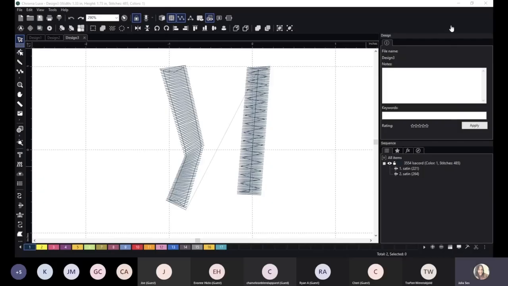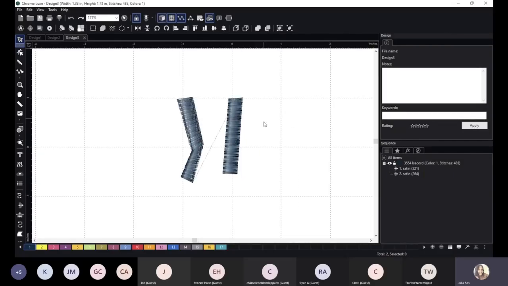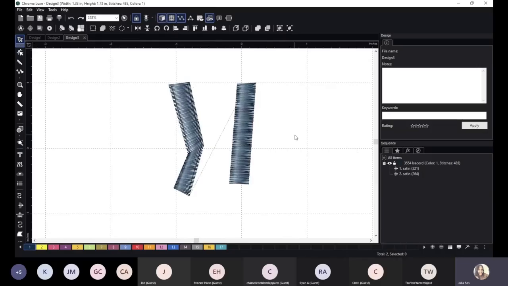So Joan asks, is doing a stitch out necessary to see what is really going to happen? Yes. When we're looking at our designs on screen, that really doesn't mean that it's going to stitch out exactly like that on your garment, because we do have a lot of other factors coming into play. So if I'm looking at something here, but I'm going to stitch it out on a lightweight jersey fabric and I don't use any backing and I don't hoop it correctly,